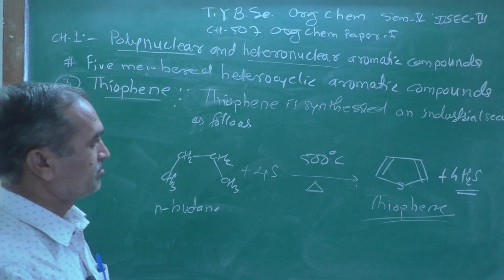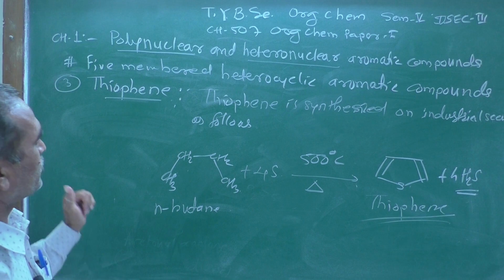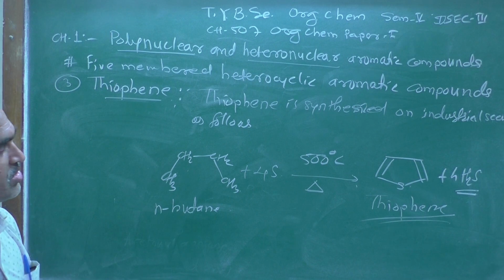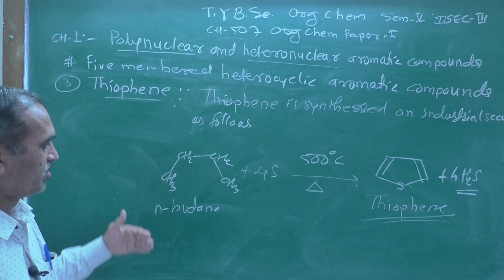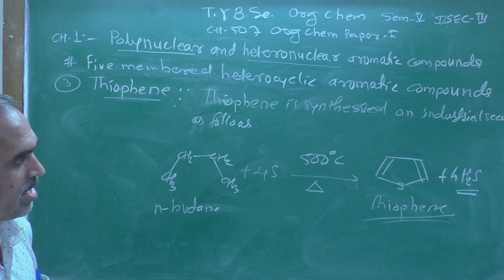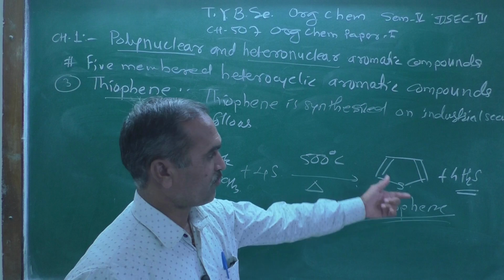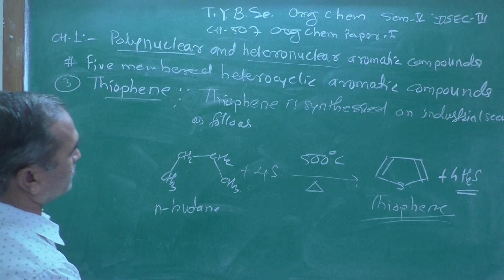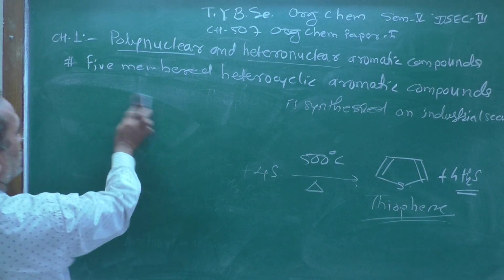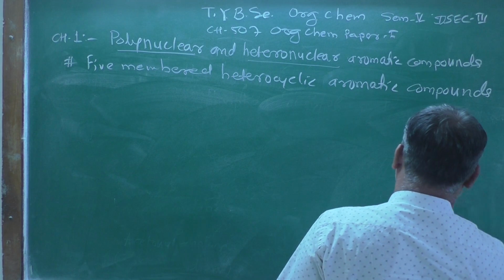One of the methods is represented on the blackboard, you can observe thiophene is synthesized on industrial scale as follows. This n-butane starting material is treated with 4 sulfur at 500 degrees centigrade to produce thiophene as an end product that we have discussed. Today, let us see